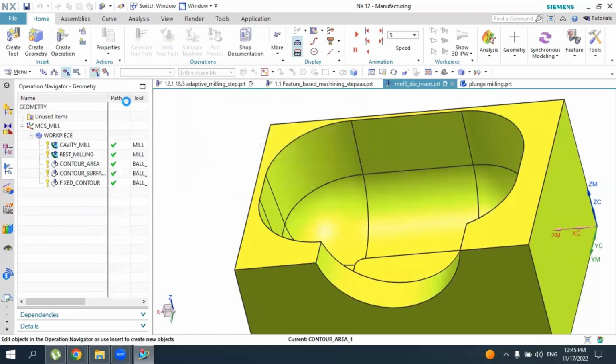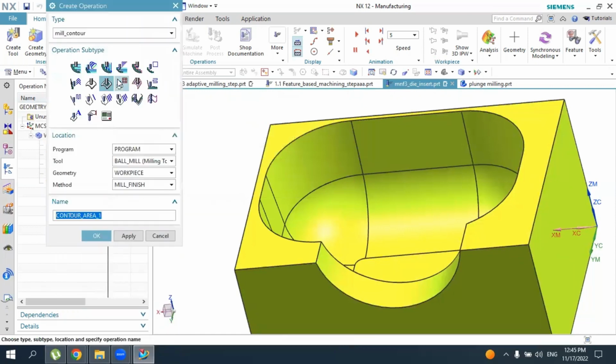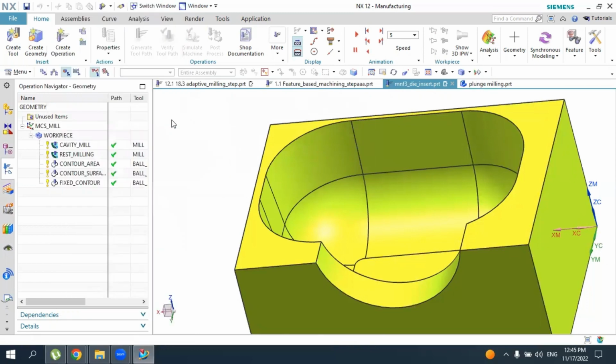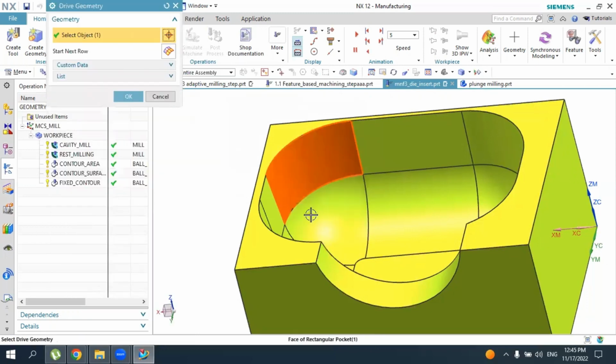Oh, cancel here. Okay, contour survey. Let's use this one. So let's go to the edit surface, this surface and this surface. Click OK,